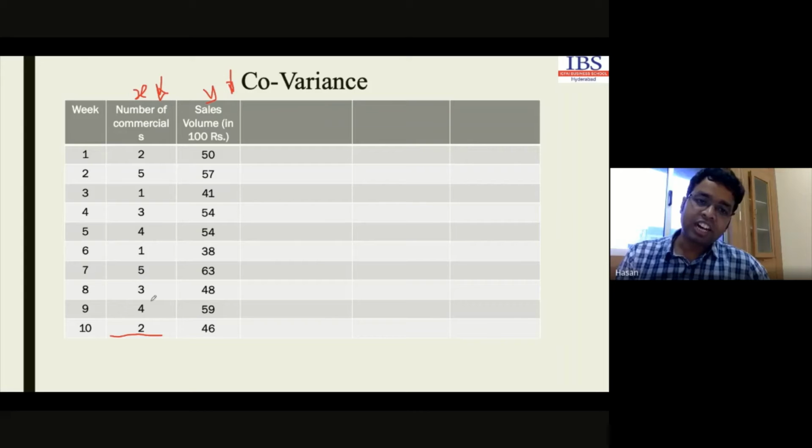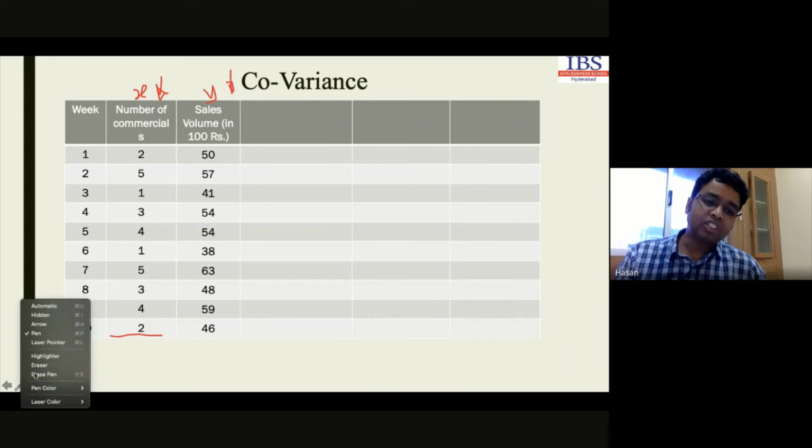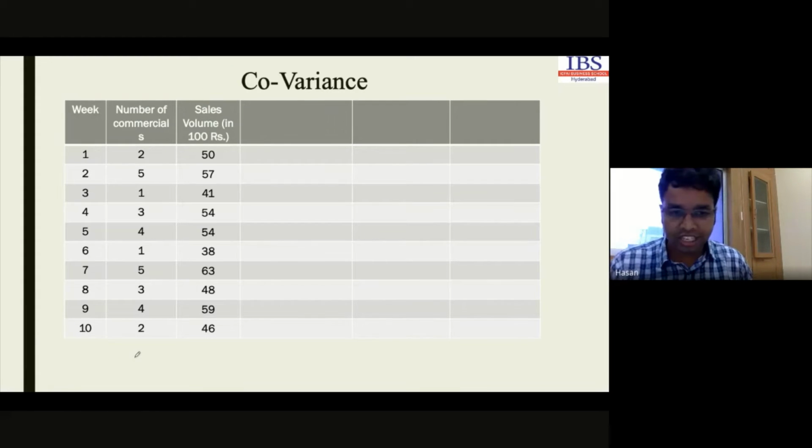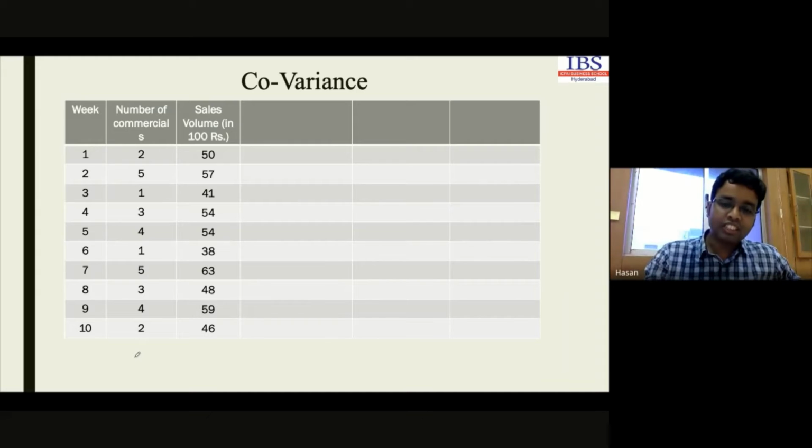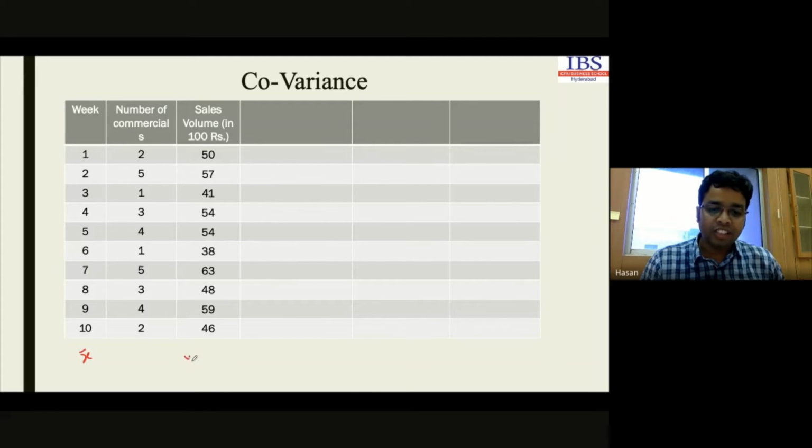Now calculate the other parts. Is that possible to calculate? I am here to guide you. Don't worry. You just solve with me. So what is the very first part we have to do here? Very first, we have to take the average of x and the average of y. How to get the average?